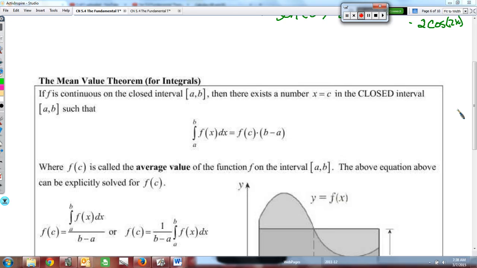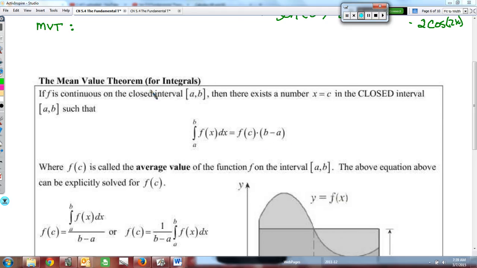Alright, so today's lesson we're now going to take the mean value theorem, which we have learned for derivatives, and adjust it to be a mean value theorem for integrals, since there's a direct relationship between the derivative and the integral. Now let's remind ourselves of the original mean value theorem. And in the original mean value theorem,